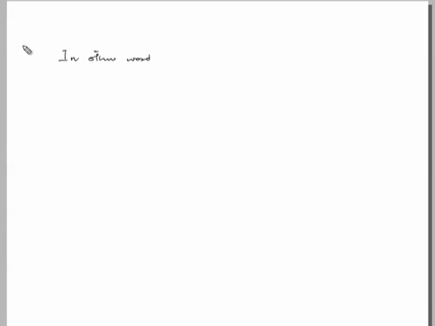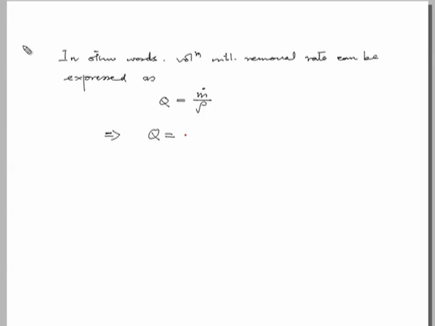In other words, volume material removal rate can be expressed as Q is m dot divided by the density of the material, or by substituting the other terms Q can be arrived at A I by rho Z F. This we can consider as the material removal rate in ECM